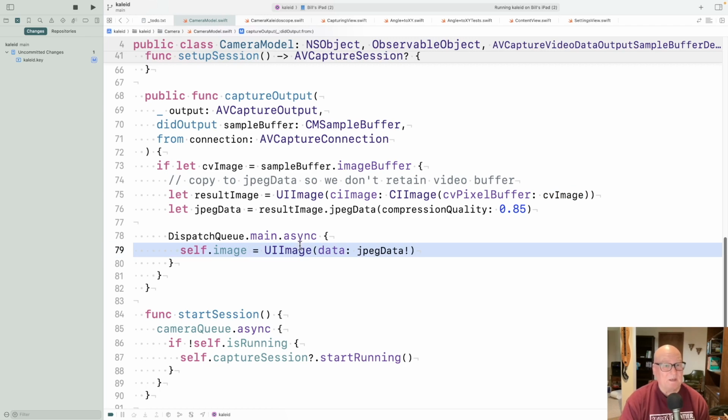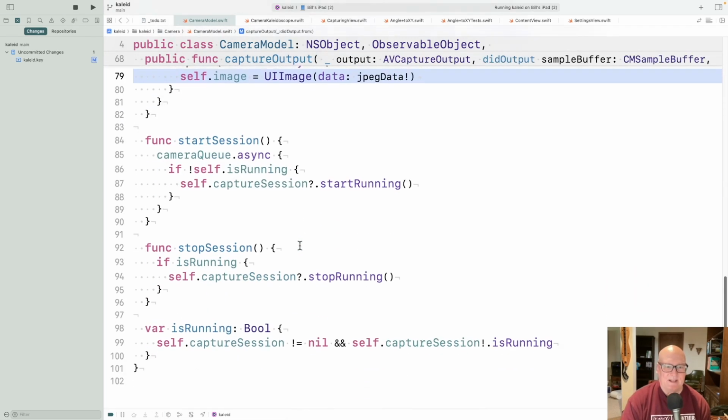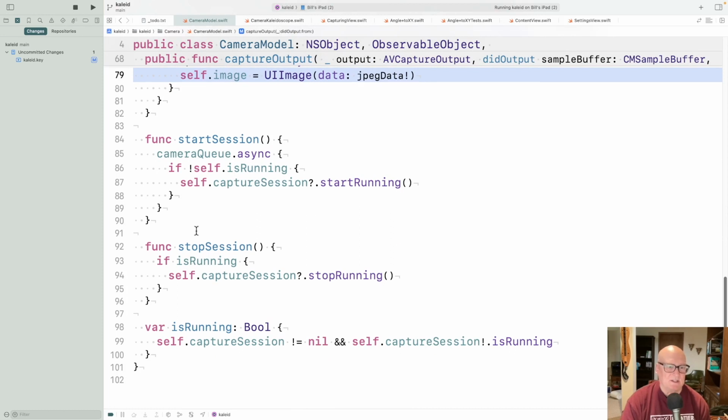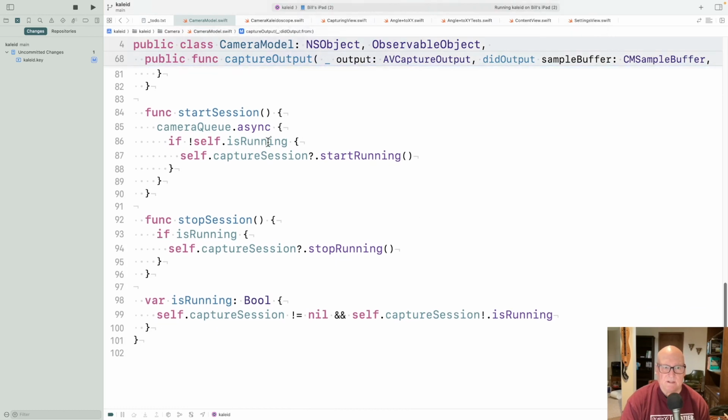So a little work went into figuring that out. All right, and then the rest, you can start a session, stop a session, or tell if it's running. We use that to keep track. If you move off the video feed tab, we want to stop the camera. At least we keep it connected, but we're not actively doing the video stuff on it. So we can tell it to stop the session or restart it when we reconnect to the tab that has